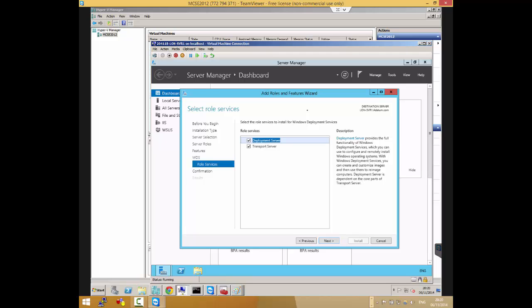Whereas the deployment server is used for deploying the image, for responding to PXE boots. And I think the third one is managing clients through the WDS. It's all related to the process of pulling the image to the client.